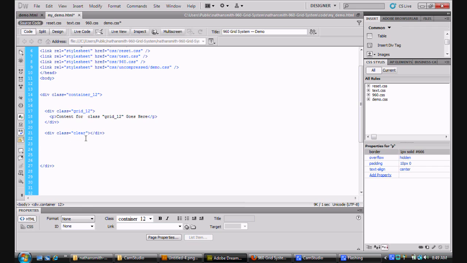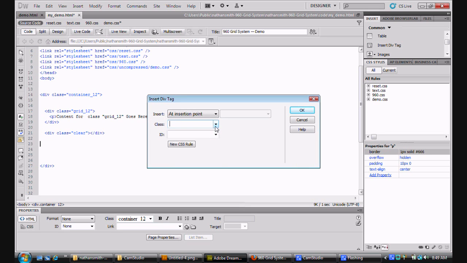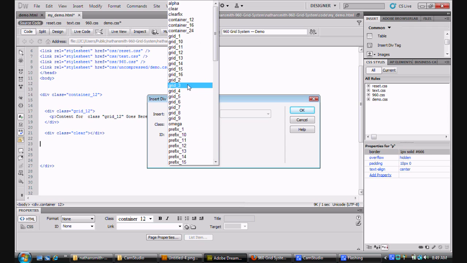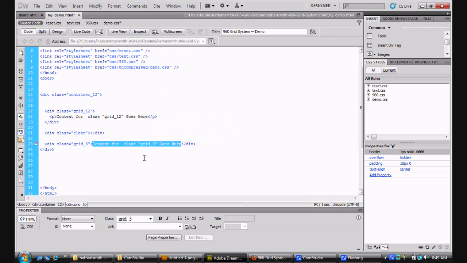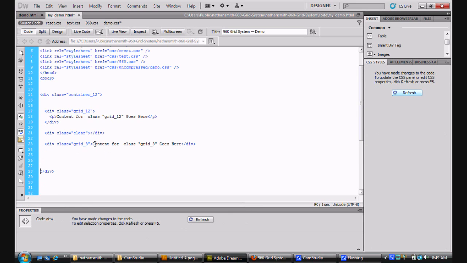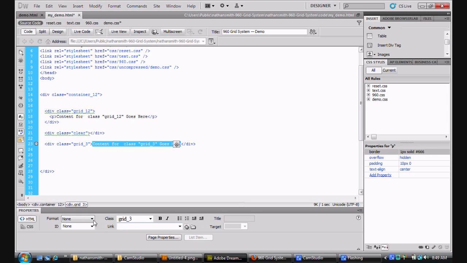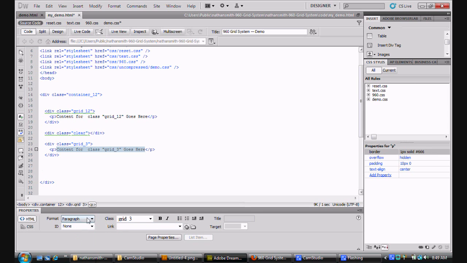So what we want to do now is get a left navigation bar, so we want 3 columns. In this case, we go over to insert div tag, and we're going to take a grid underscore 3. So here's that specific grid, and we highlight it to show that it actually exists and what its region is. We're going to change this text to paragraph text, and now we're going to go back to the design view,